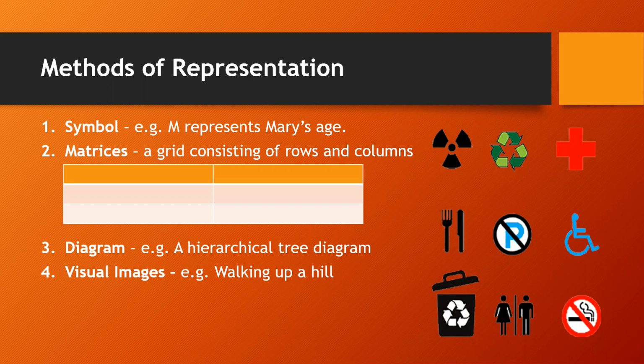What is a matrix? It is a grid consisting of rows and columns showing all possible combinations of items. It is an excellent way to keep track of items, particularly if the problem is complex, which means it is very complicated and difficult. Third is diagrams. It is helpful for a new piece of equipment. It allows you to represent abstract information in a concrete fashion.